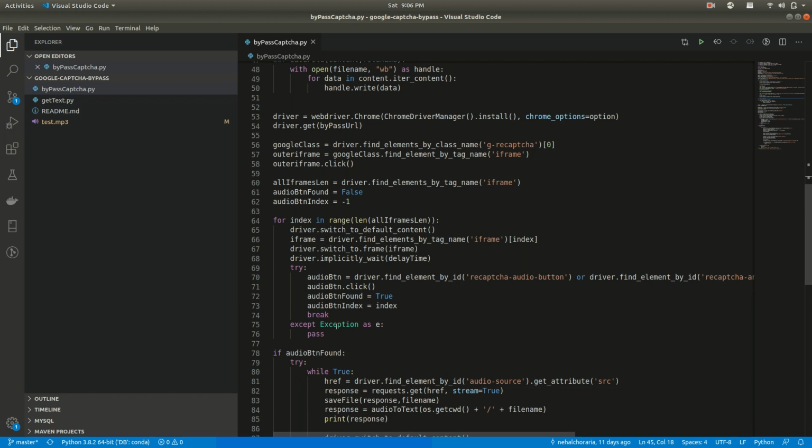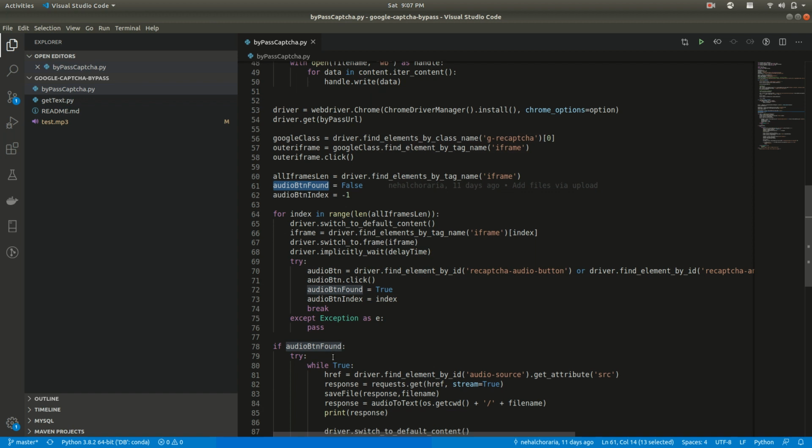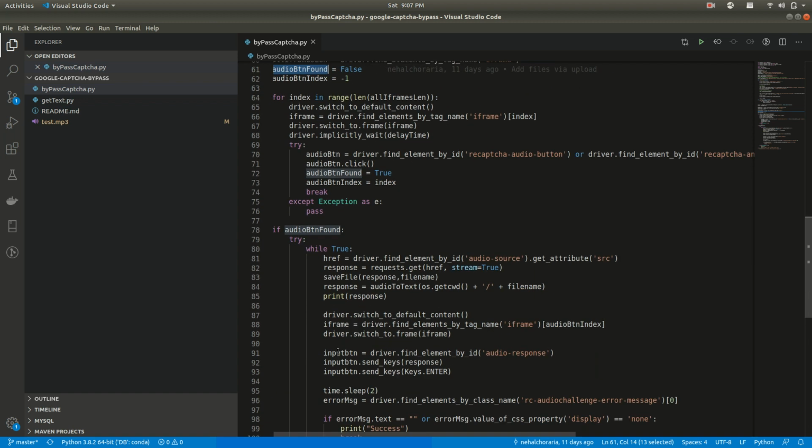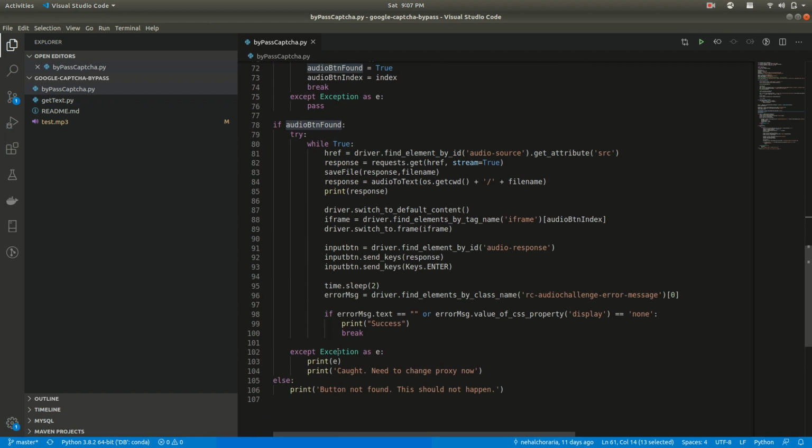Now in this part we open our website using webdriver.Chrome, and next we go to the bypass URL. This is the primary URL which we have. The next few lines are button clicks that open up the audio tab, and in case we are not able to find the audio button, then we have to adjust this code depending upon the new link which you have inserted.